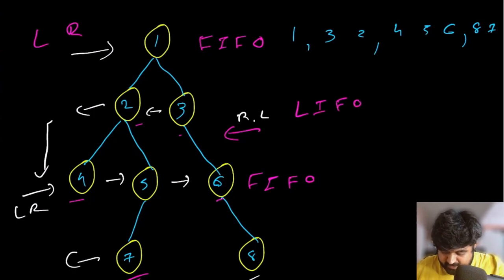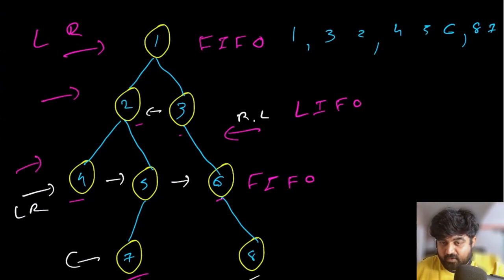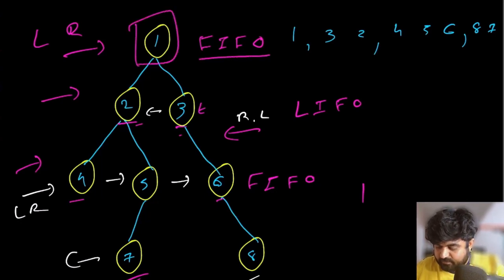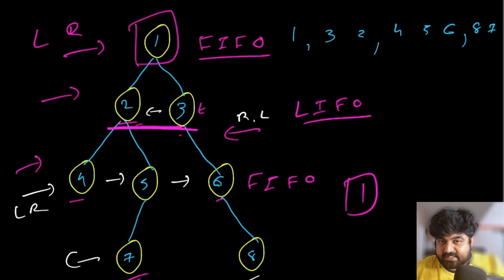Because logically what was happening in this case is that we were traversing left to right for every single one of them in the level order traversal. So typically we were going 2 and 3, but imagine since 3 was last added, if we took the last in first out approach, then inside the solution we would have values such as this one. So 1 is following FIFO, first in first out. So 1 was added first and 1 was removed first. But for this particular position, we are using the concept of last in first out.